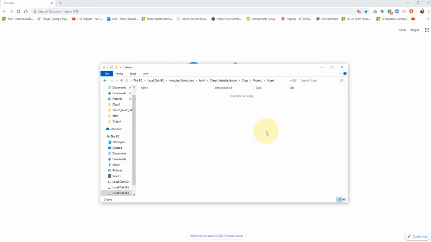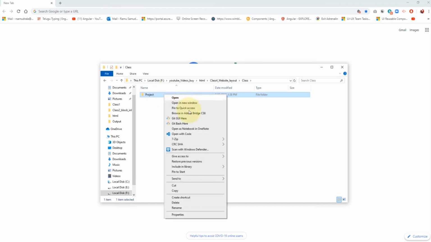I'm explaining clearly which folder is related to which. In assets we can place images and icon-related things. In CSS we can place external style sheets. In the JS folder we place JavaScript files. As of now we don't need that, but it is in the structure, that's why I created the JS folder also. In pages we have multiple HTML pages in our project, so in the pages folder we need to place our HTML pages. Okay, fine. So now let's go.